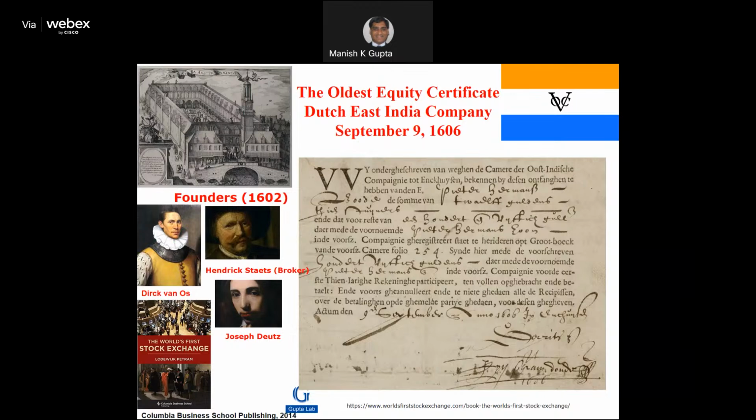And you can find this nice book by Etram, The World's First Stock Exchange. It's a very interesting book to read if you want to know more about these interesting things. And this is the flag of that ship, that company. This is the oldest equity certificate, September 9, 1606. Now,